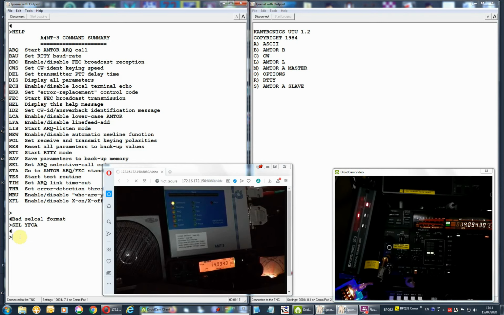Both units work around 2210 hertz, 2295 and 2125 audio tones. So we can set both transceivers to the same frequency basically. In this case, 14 megs 94.3. Okay. So let's initiate a connection from